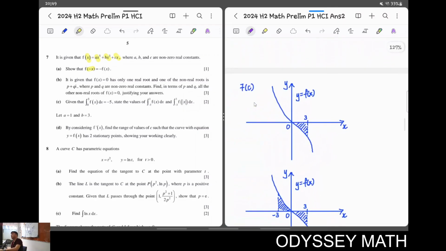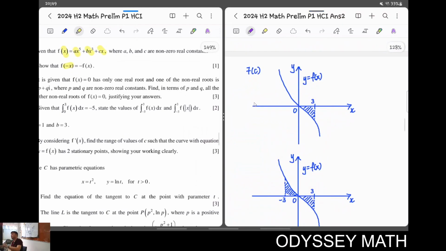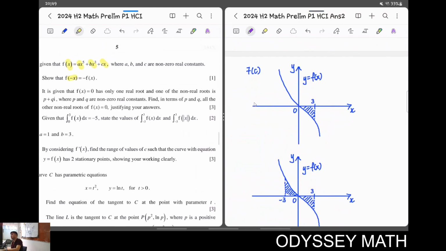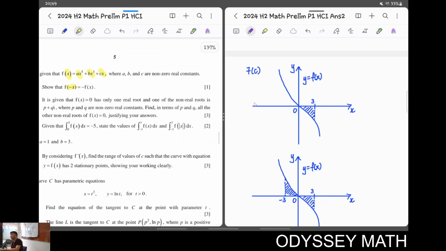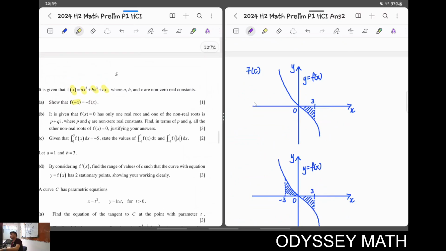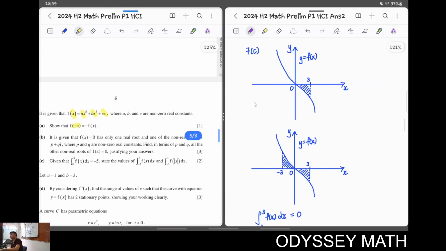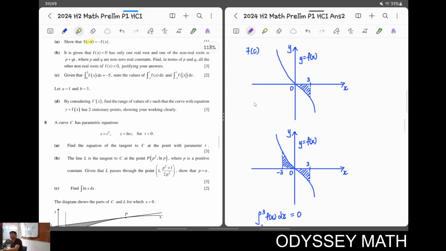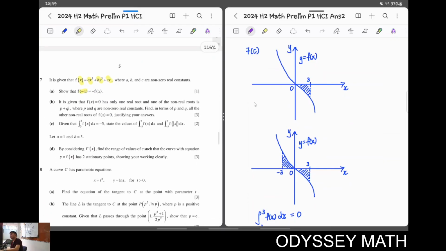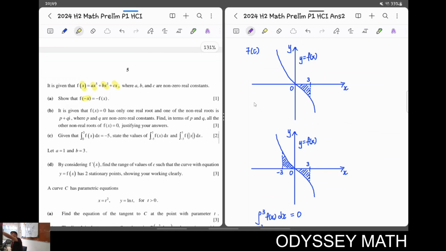Right, 7c, given that the definite integral from 0 to 3 of f(x) dx equals to -5, state the value of these two definite integrals. Okay, first thing first, we draw it out. So we're going to draw this out. If we draw this out, you may ask me how you know the curve is like that. Okay,